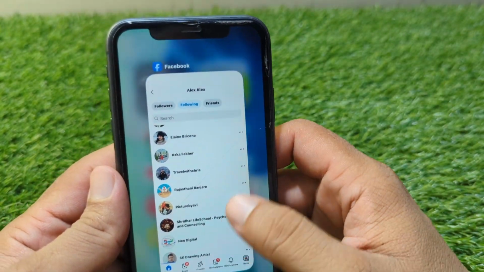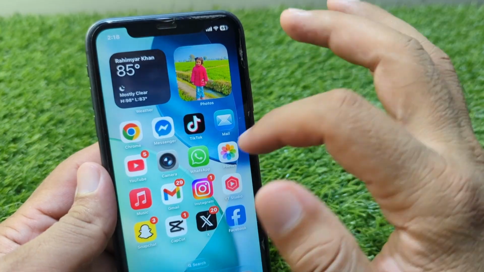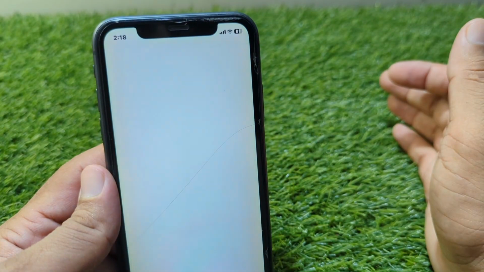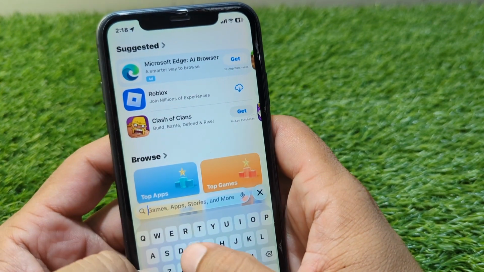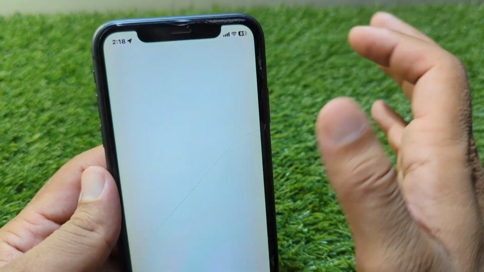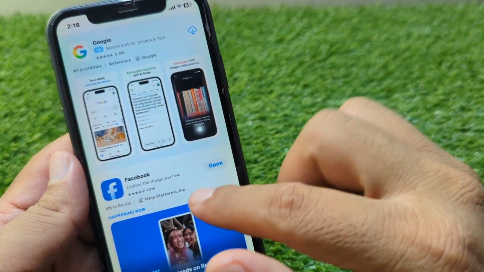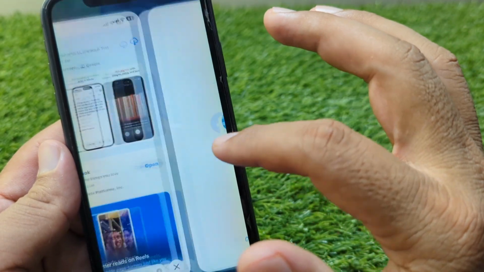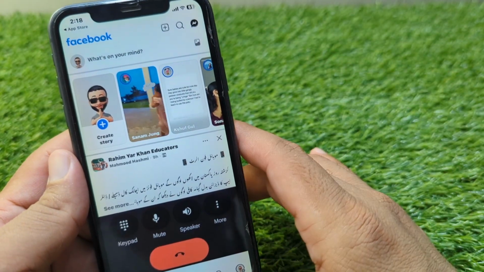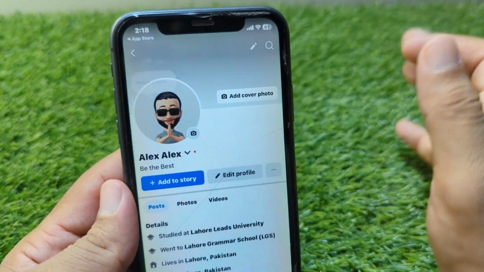So guys, all you have to do is simply go back to your home screen, and now open your App Store or Play Store, and from here simply download the latest version of Facebook on your device. Go to Facebook, and simply download and install the latest version of Facebook on your device. And after this, open it, and once you are here, simply tap on your profile